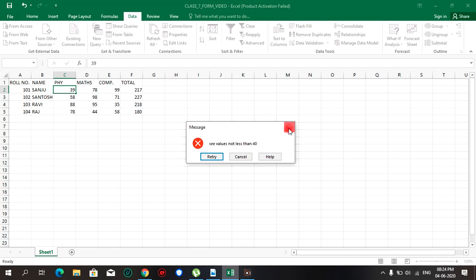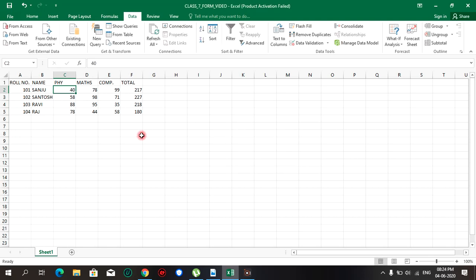Next we check the highest number. Suppose we give 100. If you give any value here, it works, but before that we selected the first cells.